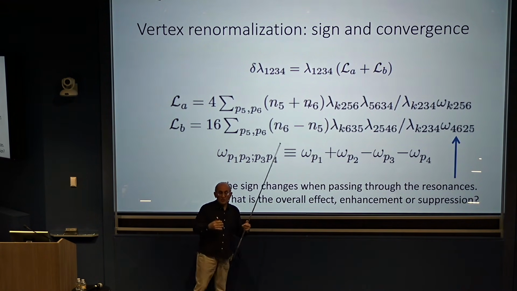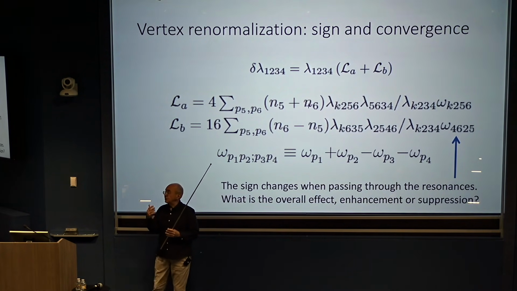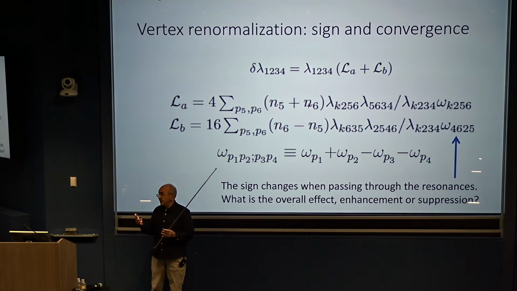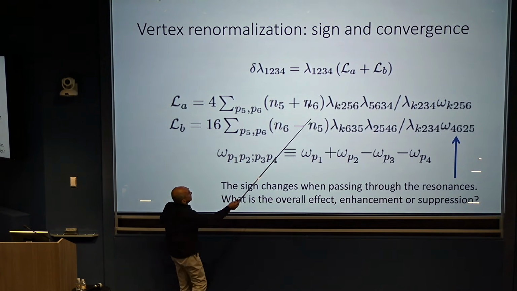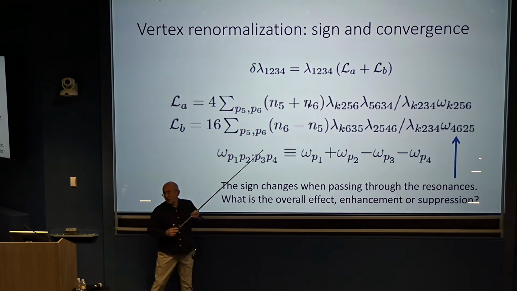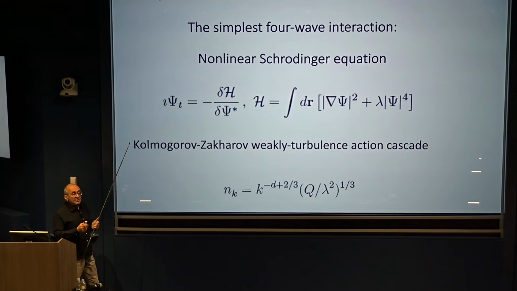So you change sign. So you see this change sign, so you understand that it's not that simple even to establish the sign of the correction. Namely, you need to integrate over all this stuff, and it very much depends on this terrible lambda. And then, of course, for waves on the water, we're still work in progress. So let's